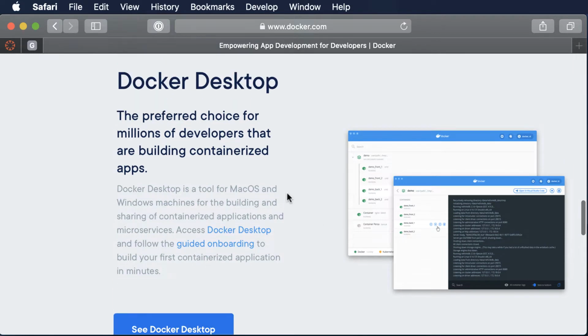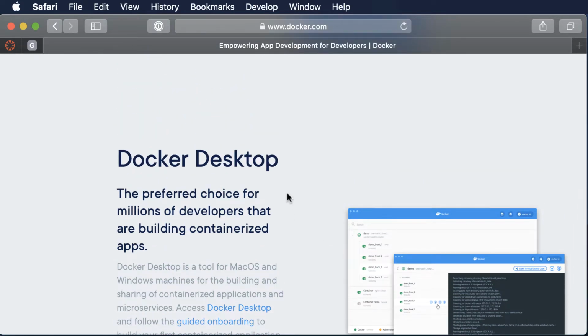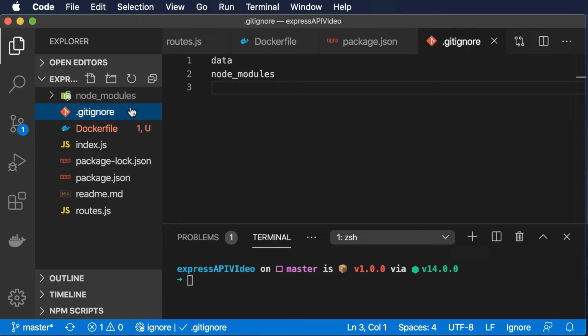Once you've got that all installed, we're ready to create our Docker container that's going to contain our Express API. One other thing before we get started is we will want to add data to our .gitignore. This is where we're going to store a database, and we probably don't want to check that into our code repository. You should already have node_modules in your .gitignore as well, but if you don't, the way that